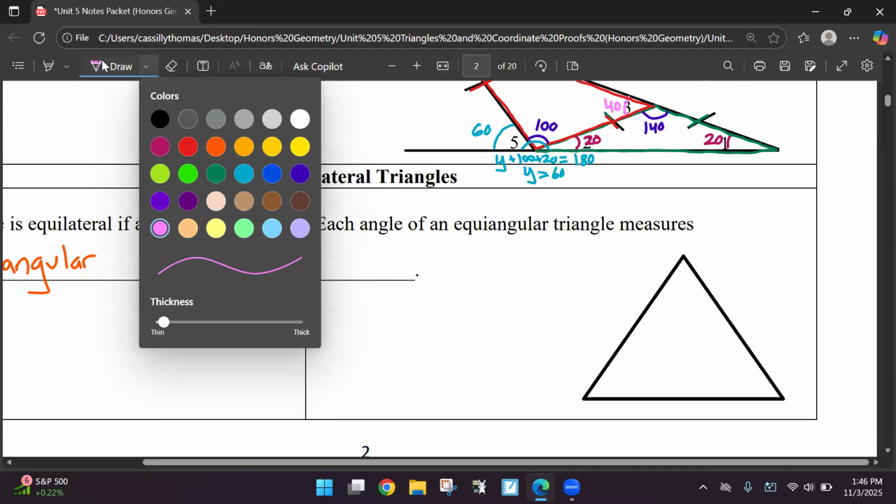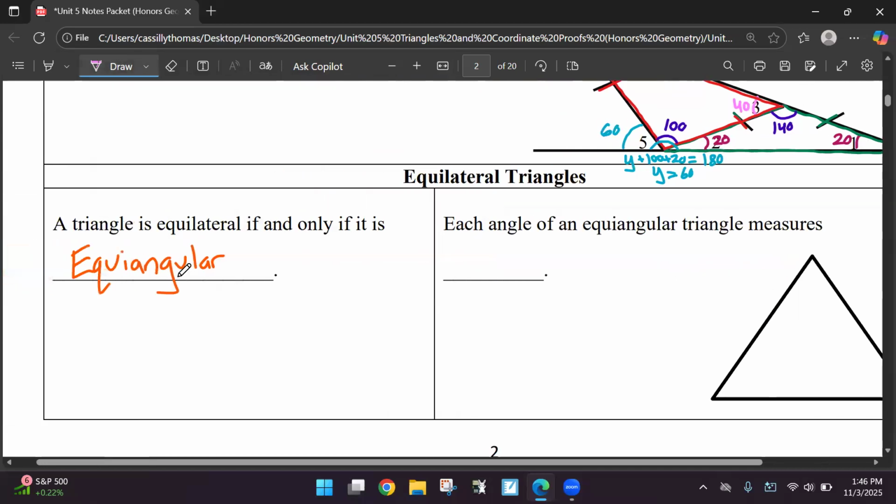So here's this if and only if, this biconditional. This means both the original statement and the converse are both true. So we can say equilateral